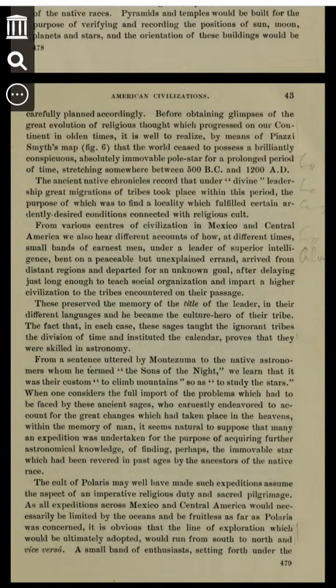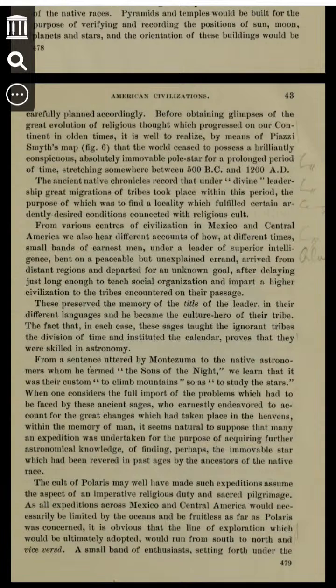The ancient native chronicles record that under divine leadership, great migrations of tribes took place within this period, the purpose of which was to find a locality which fulfilled certain